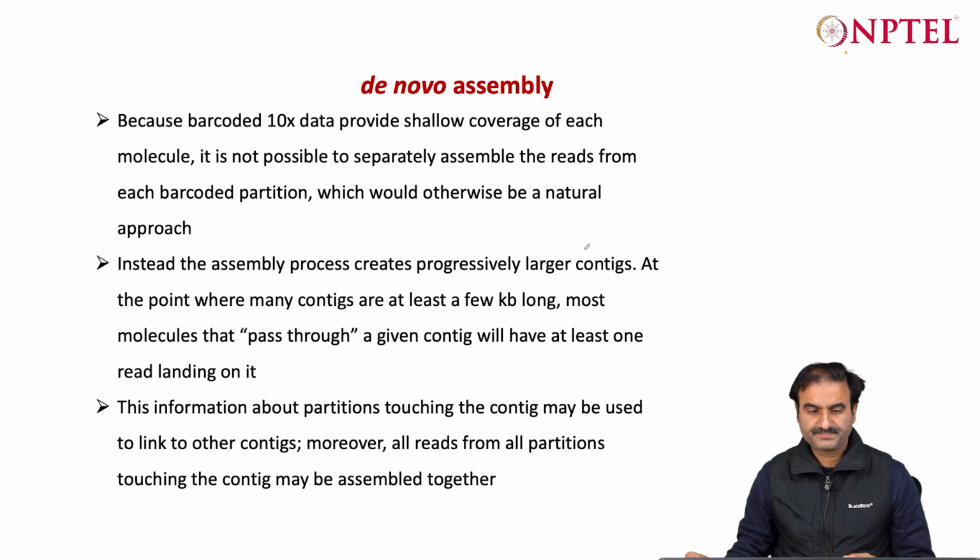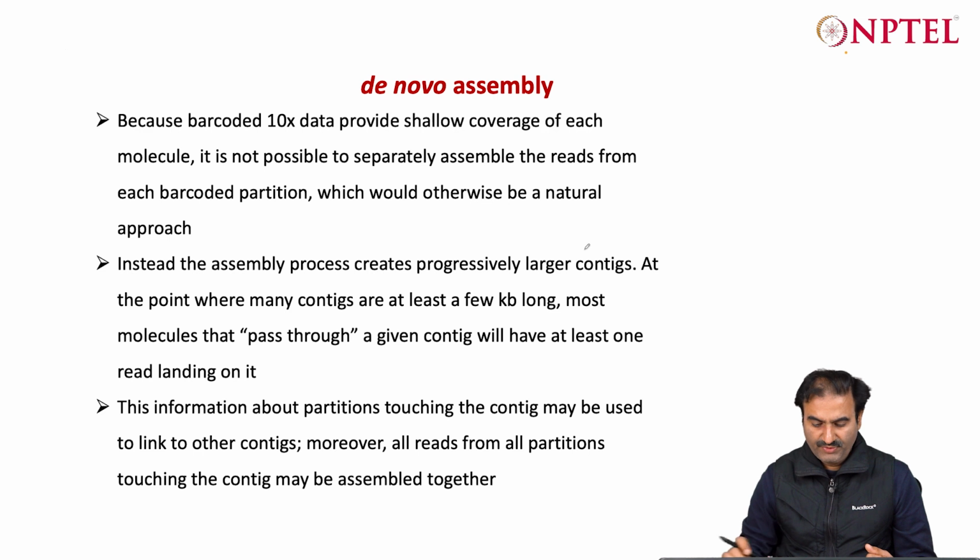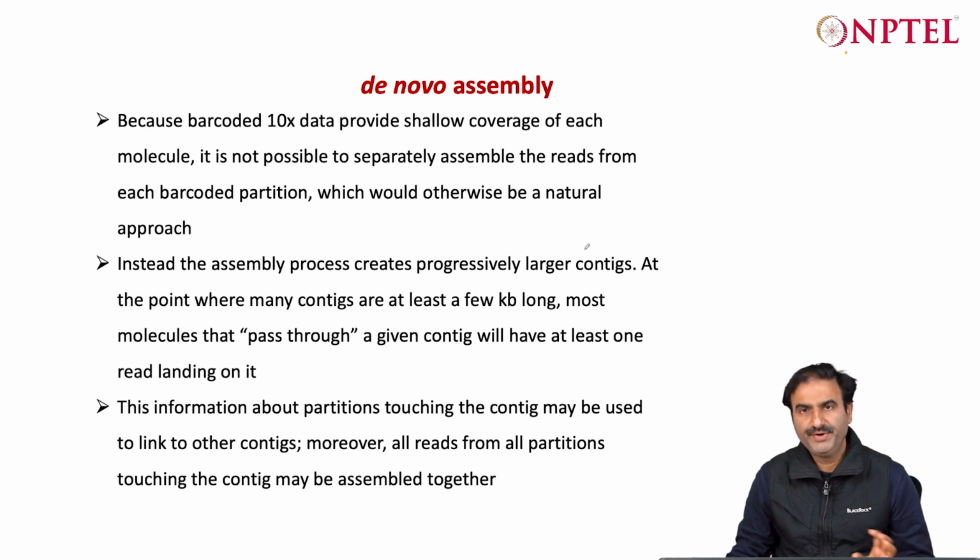So basically it takes the 10x data, the short read Illumina data with linked read information, and uses that to generate the contigs. We are going to cover Supernova also in the later classes, so we will not go into detail of this, but Supernova is the method of choice, and it is provided by the 10x Genomics company only. It is their software that they provide for the genomic assembly